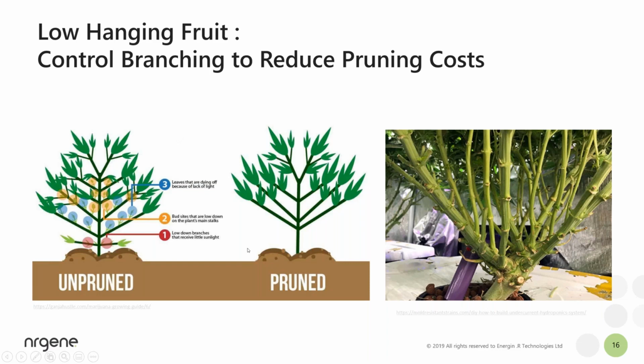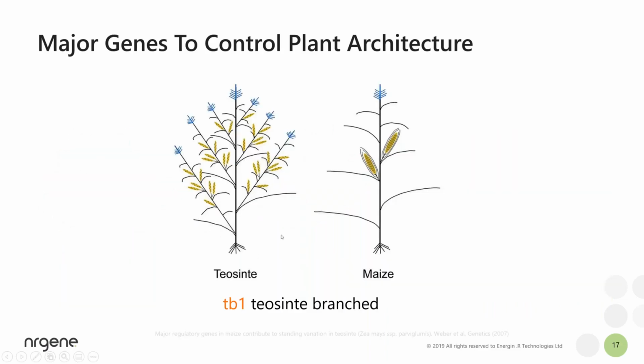So for instance, plant branching could be a trait controlled by one or two master genes that control branching, and having control over branching would allow us to cut the costs of pruning, which are currently maybe up to 10% of the growing costs, to shape the plants like you want them to. And we know, for example, that teosinte in maize, teosinte is the wild progenitor of